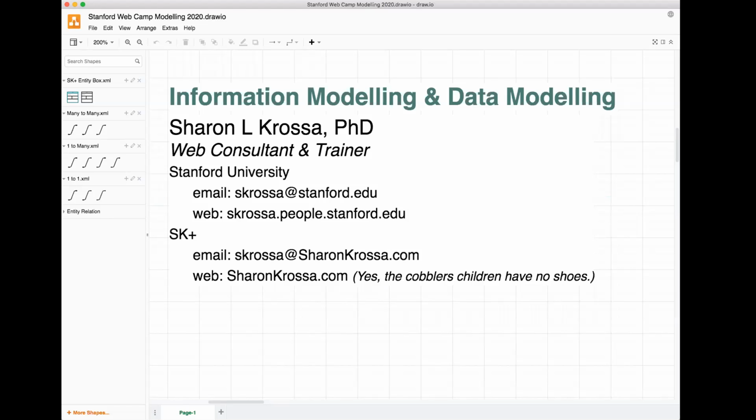So the system that we're going to model here, we're going to do a conference website. So the tool that I'm going to be using here is,